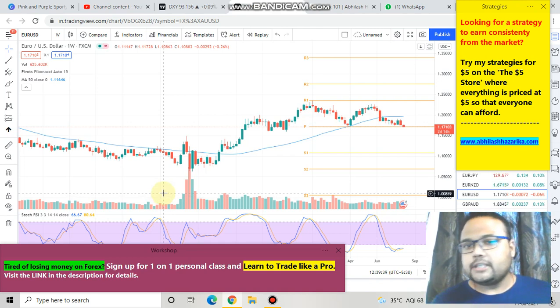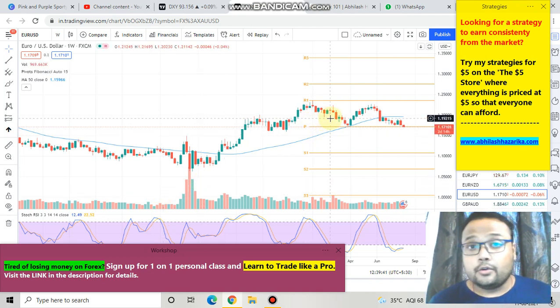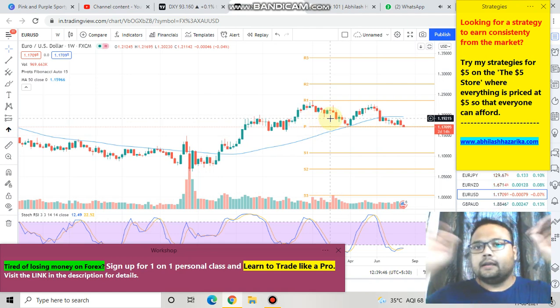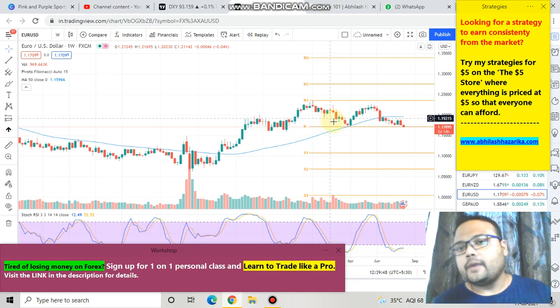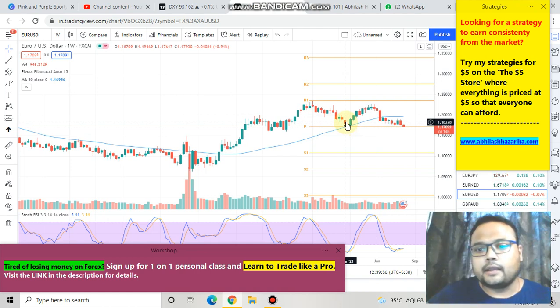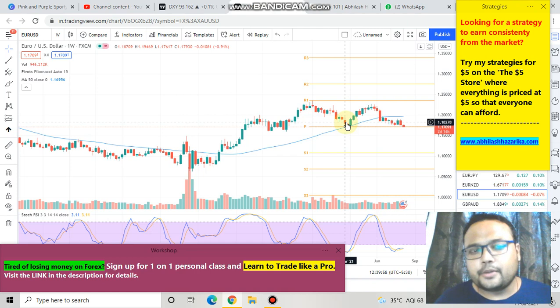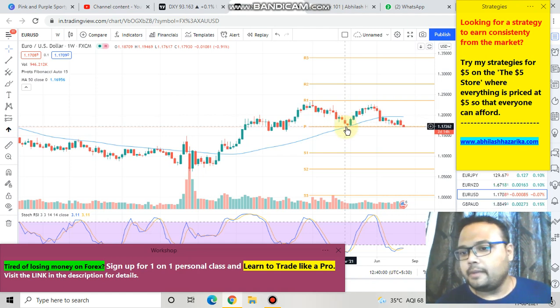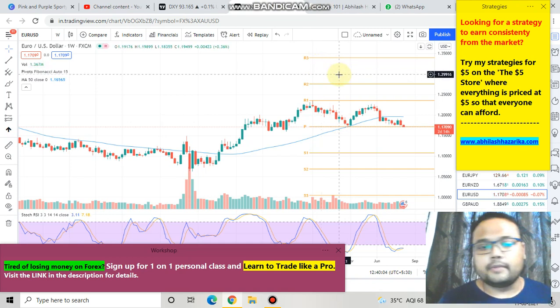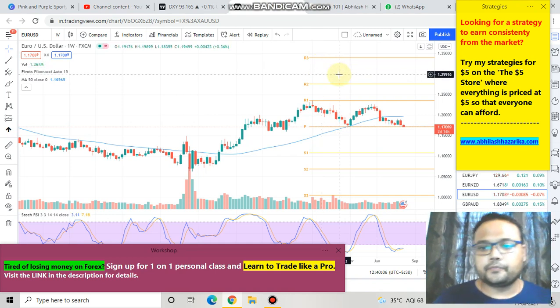In the weekly chart, you can see that right now Euro USD is just standing at the weekly support level, and you can see that previously when Euro USD witnessed some selling pressure, the same level provided support to the market. Therefore, there is a good possibility that the market will bounce, or will still get the required support from this particular level.